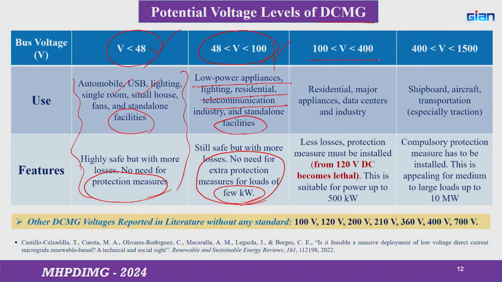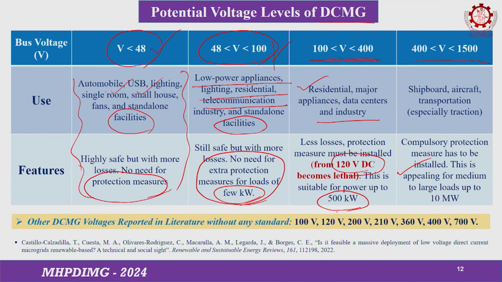whereas when we are going beyond 100, 100 to 400 volt is one standard available, and 400 to 1500 is the second one. So, this is the medium voltage, you can say, for microgrid application. But 400 volt, if you look at it in power systems, is also a low voltage system, but here I am saying it with respect to DC. Okay, do not take it otherwise. So, this is normally used for residential and major applications such as data centers and industries, and when I am going beyond 100 and above 120 volt, which is lethal, we need proper protection for it. Okay. So, beyond 120 and up to 1500 we need protections,